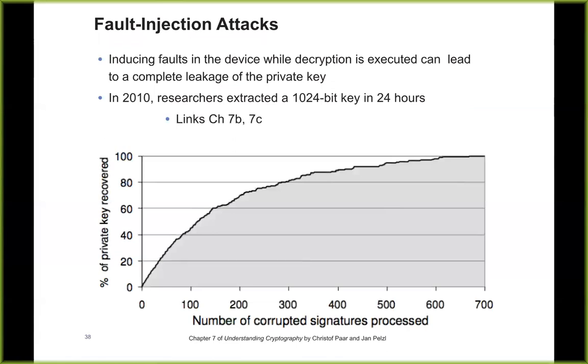And then there's fault injection. This was a powerful attack in 2010. They got a 1024-bit key by lowering the power supply to where the processor started making mistakes. The point was that they created an artificial situation to study this. But what they said was real processors make mistakes because of cosmic rays and because of thermal degradation of the RAM. So if you do millions and billions of RSA encryptions that are all supposed to be the same, then some of them are off by a bit because one bit gets dropped during calculation,